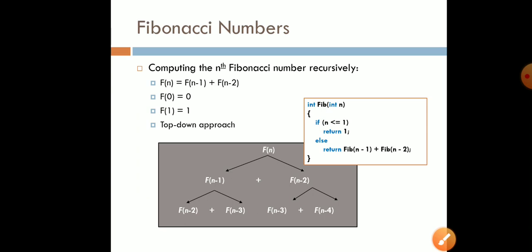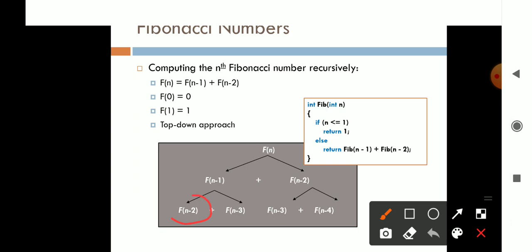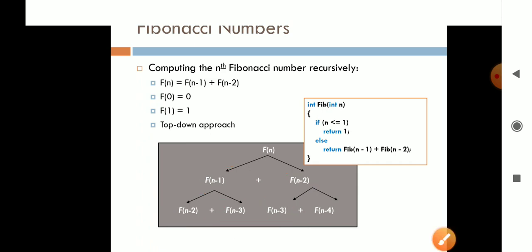Now see in this example only, here we have f of n minus 2, f of n minus 2. f of n minus 1 is again there. When we are going just down, we will get f of n minus 1 there. So f of n minus 3 is here, f of n minus 3 is here. Generally, multiple times we are calculating the same values here, right? Same functions we are calling recursively.